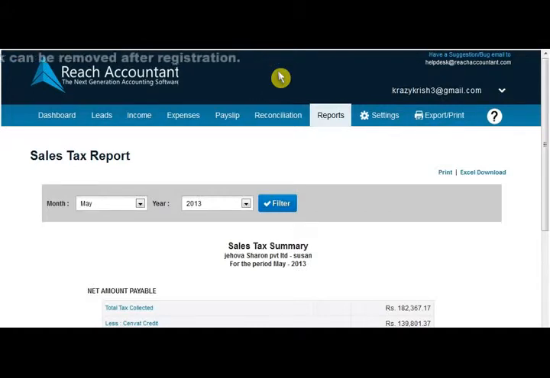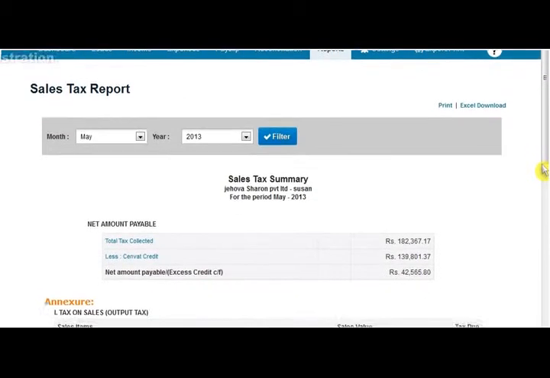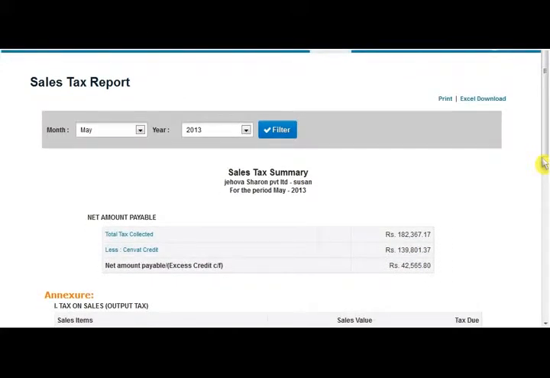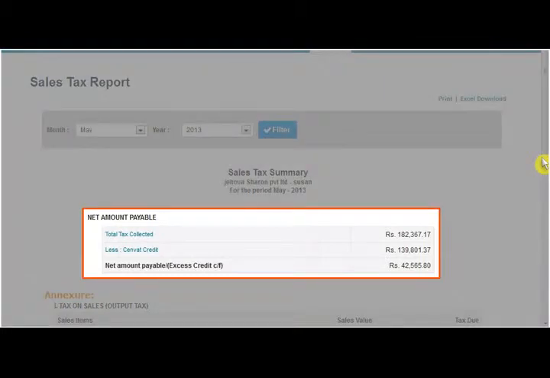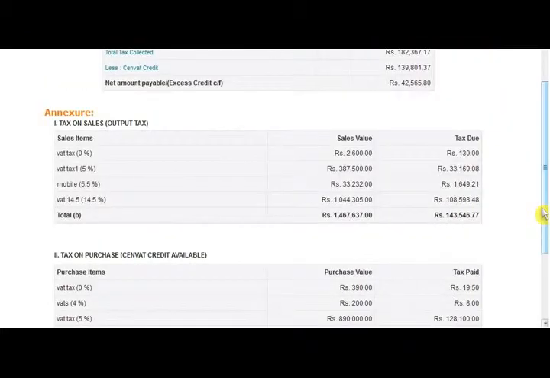VAT report on top is a summary of output tax lessened by input VAT tax collected, with net payable displayed. Below, annexure of tax in which collected and payable VAT detail with segregation as per rate of tax. Reach VAT report is able to be converted into Excel sheet and filed to the Commercial Tax Department of Sale.